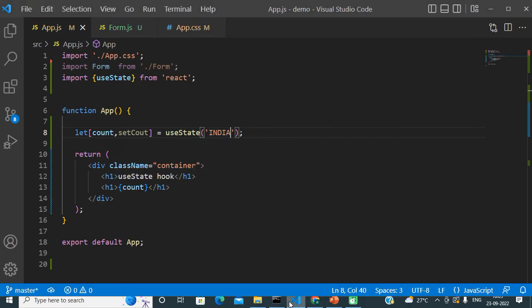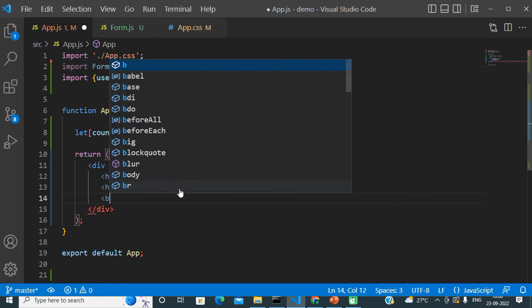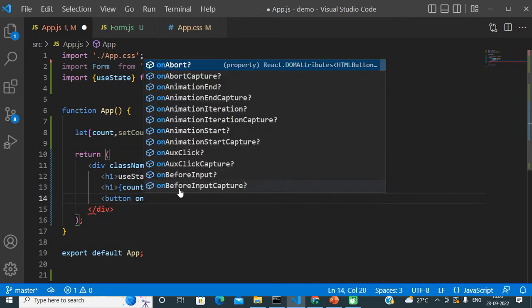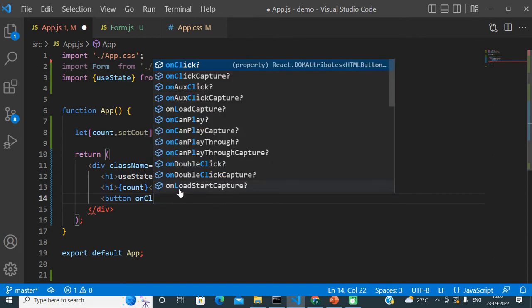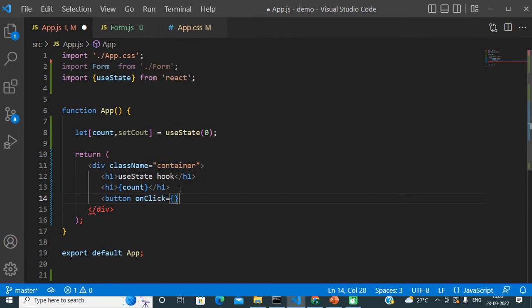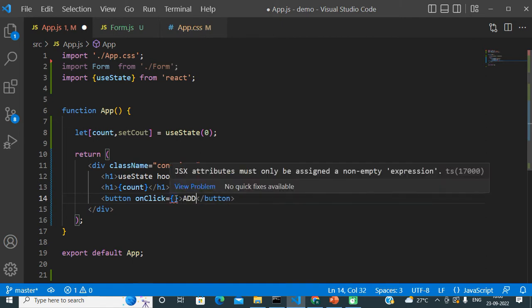Okay friends, so this is a normal useState hook. Whatever value we pass as a parameter to the useState hook, we will get the same value as a return value here, so that we can utilize that value in our JSX. And after that, with the help of this function, we can change that value. So let's say initially it was 0, and I add one button, on that button I add an onClick event handler function, and I give the name to that button, Add.